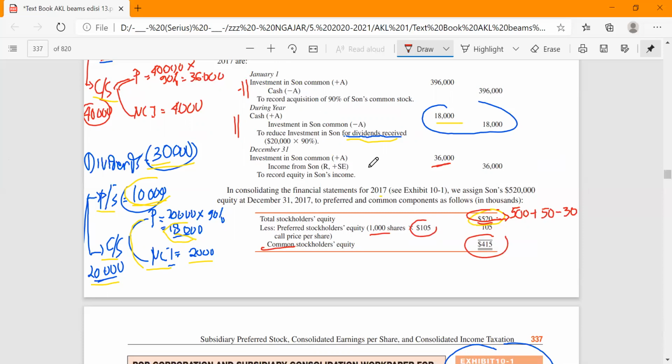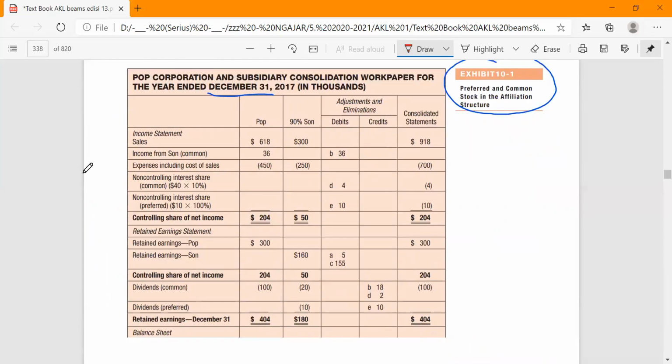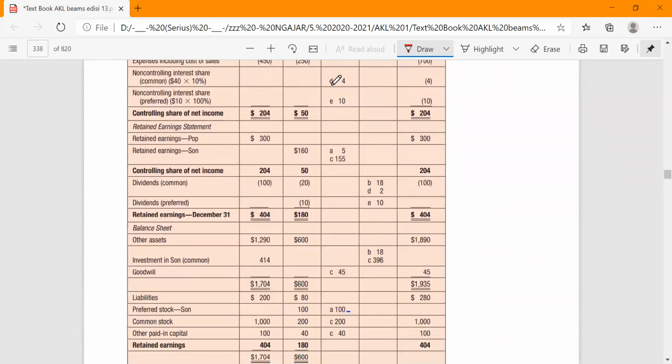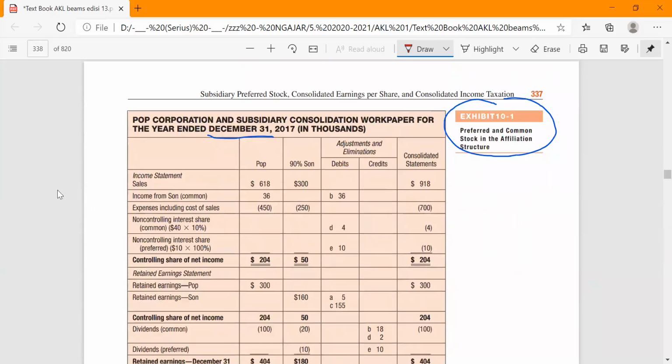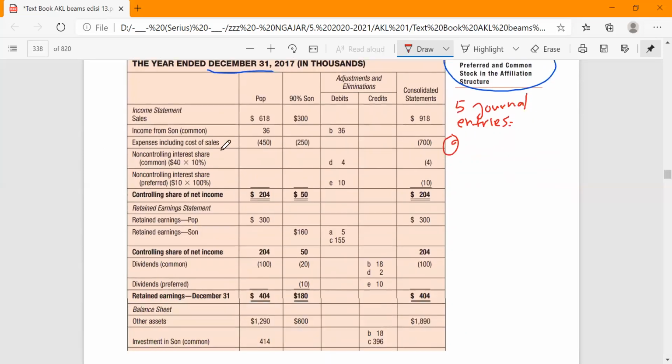And then here we go to the consolidation work paper for the year ended December 31, 2017. As you can see here, there are letters A, B, C, D, E. There are 5 journal entries, and we will analyze them one by one, okay? So journal entry A is related to